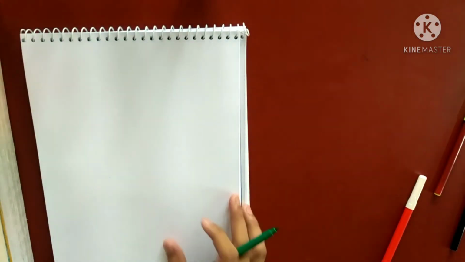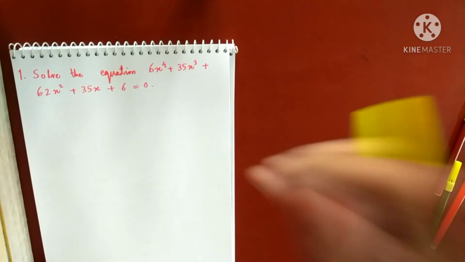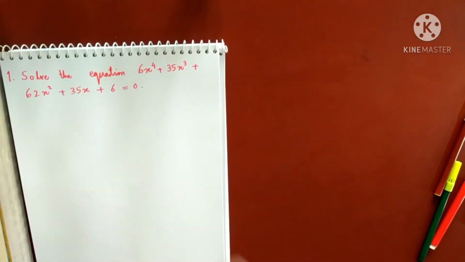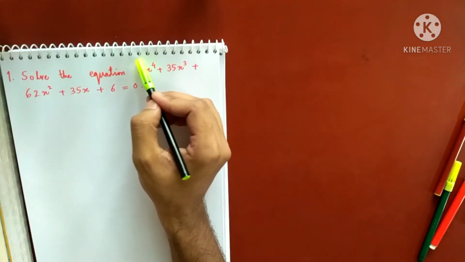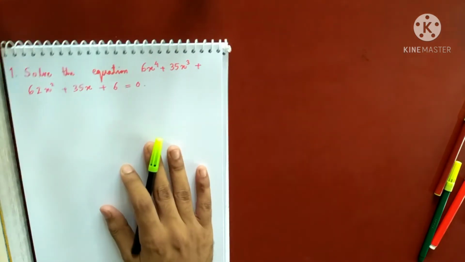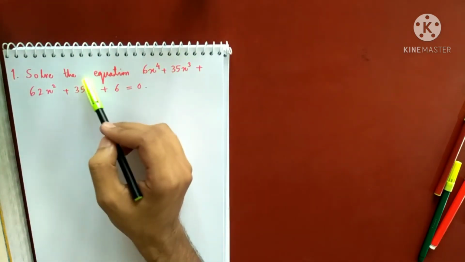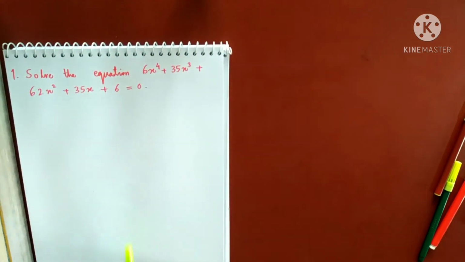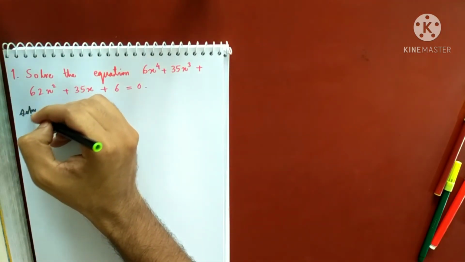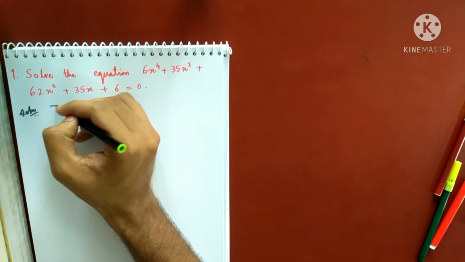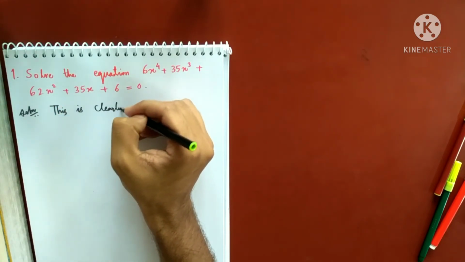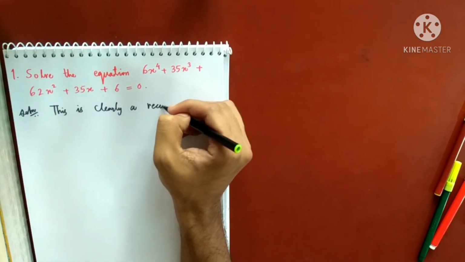Okay, so let me write down the first question. Now if you note, this is a reciprocal equation of first type, because look at the first coefficient and last coefficient, they are same in magnitude as well as in sign. 35 and 35, and 62 is in the middle, so 62 is same as 62. So the first thing is to note that this is a reciprocal equation in the standard form. So this is clearly a reciprocal equation